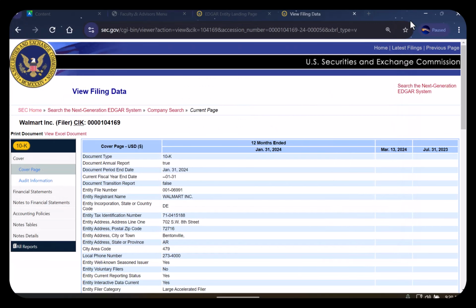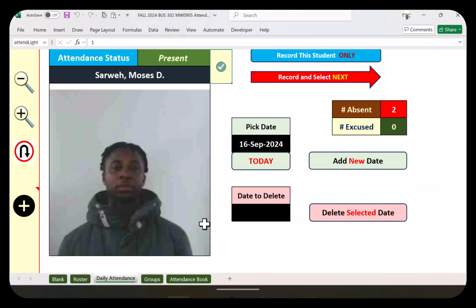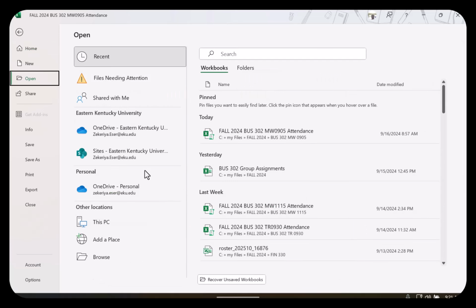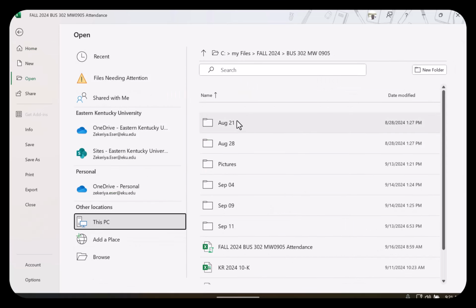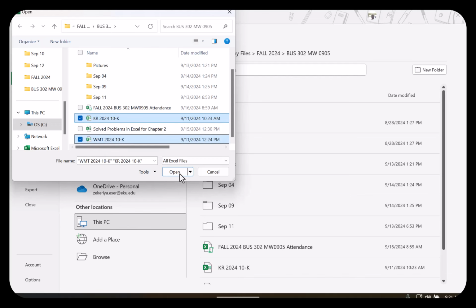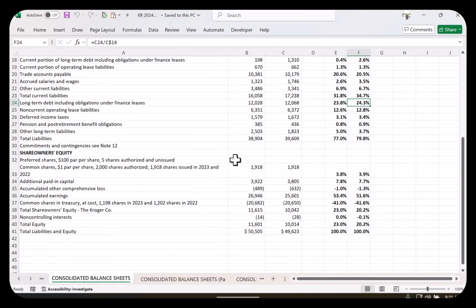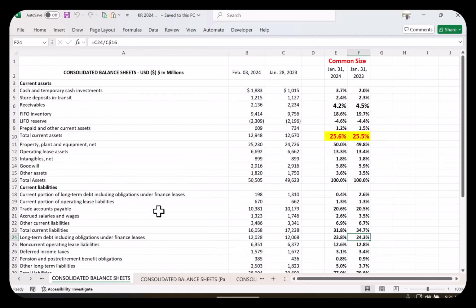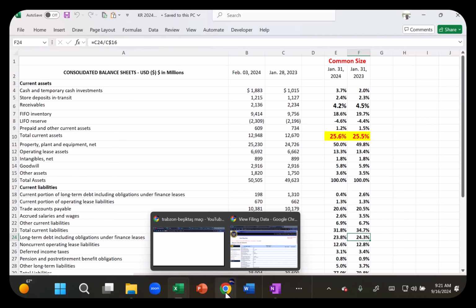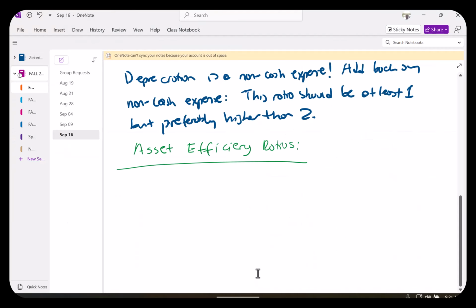So that we can make our calculations here. Let's see. These ratios looks at